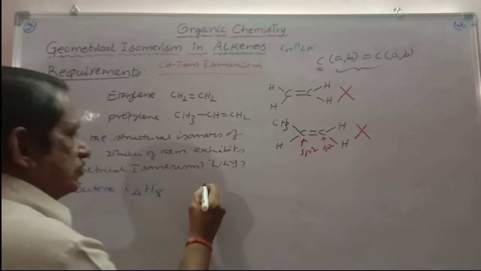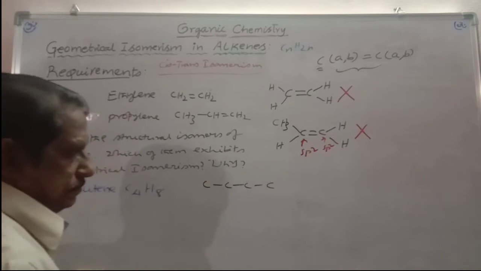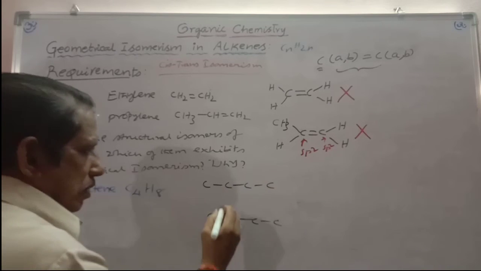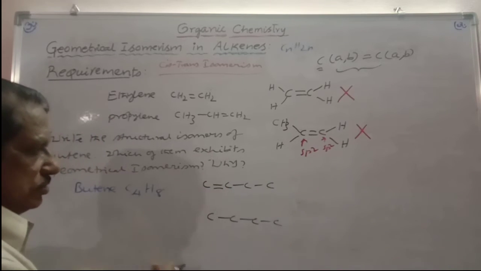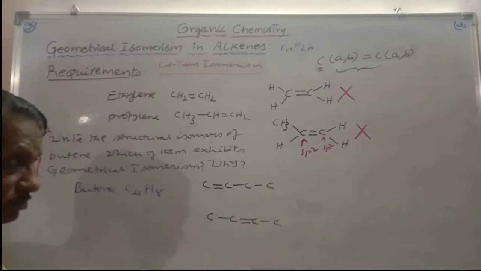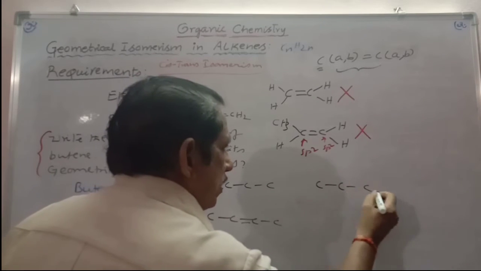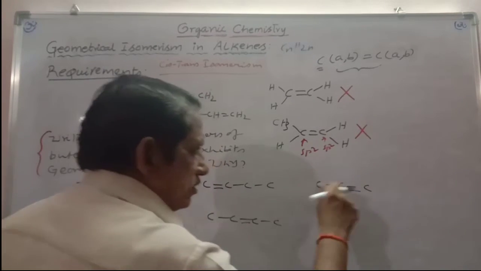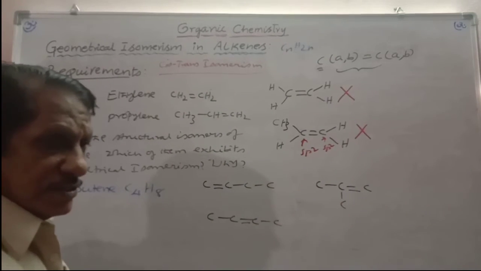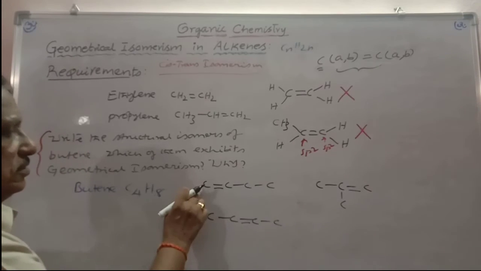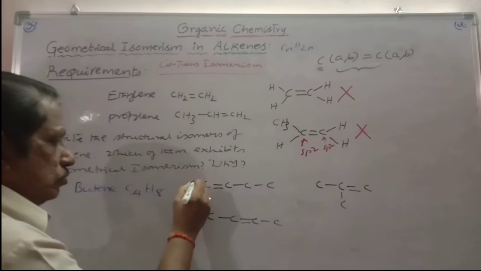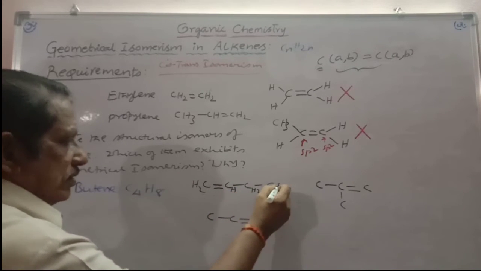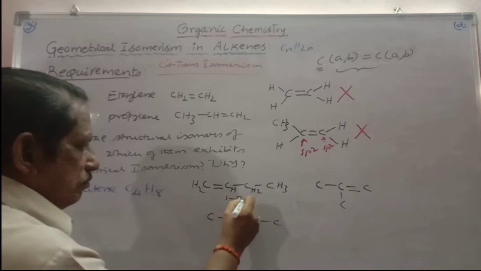And here there are four carbons. We can write four carbons like this. Once again, you can write four carbons like this. This is in first position, this is in second position, already two isomers. And we can write here iso group, this is iso. And you have to write ene, this is the isobutene. Adjust the hydrogens according to the valency, tetrahedral valence of carbon. This carbon is carrying two valencies, two more to be fulfilled, CH2, already three, one more, two more, one, three more. This is what you call 1-butene.